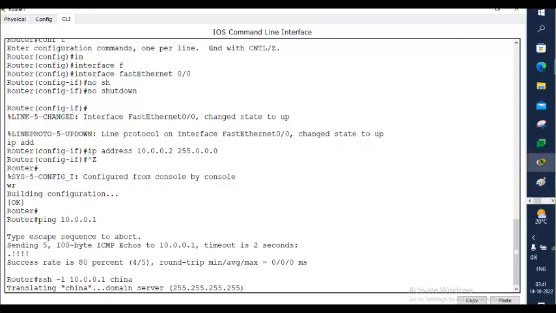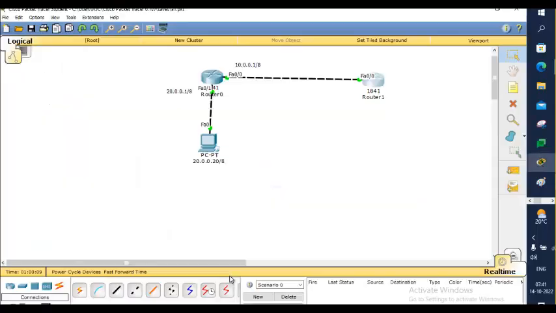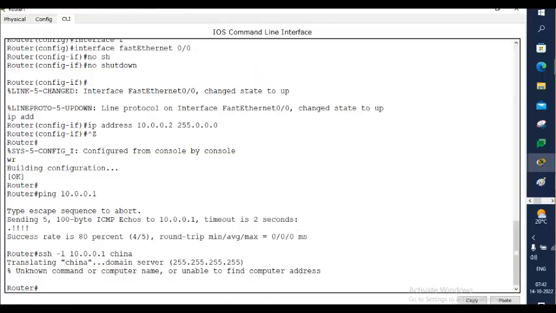What? 20.0.0.2. Why not? From this router, right? Yeah, from this router to this PC. We need to write a default route so that it will go to the PC. I'll show you that also. Okay, now